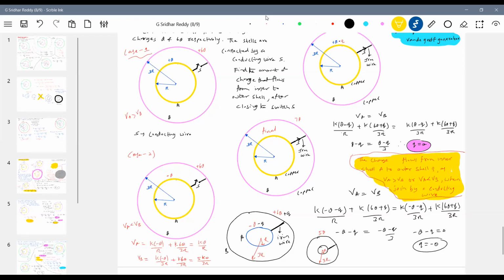Then he did the experiment and finally concluded, oh yeah, this is how it is. So based on this, it has become very easy for him to generate a charge now. I need not bother about anything. All the charge of shell A will go to the outer shell, irrespective of whether VA is greater than VB or VA less than VB, whether this is negative, this is positive, this is higher, this is lower. Irrespective of any conditions,